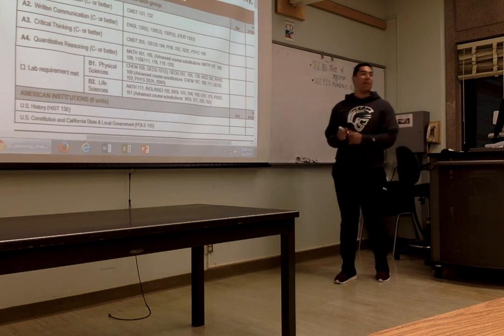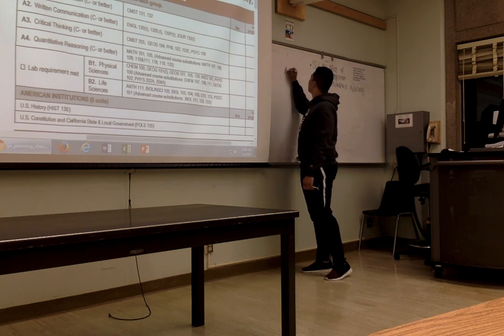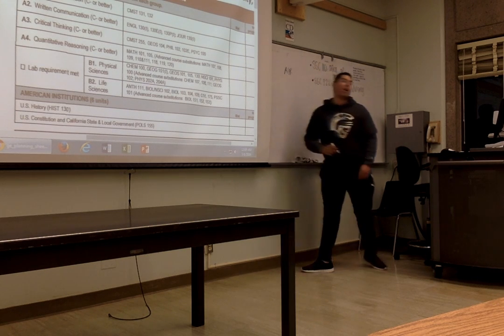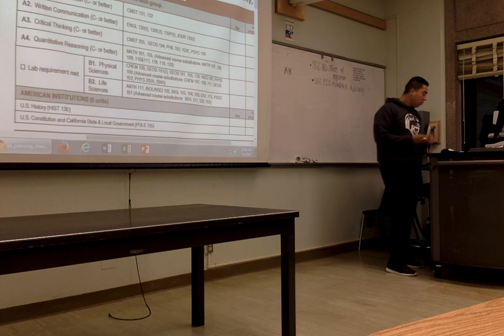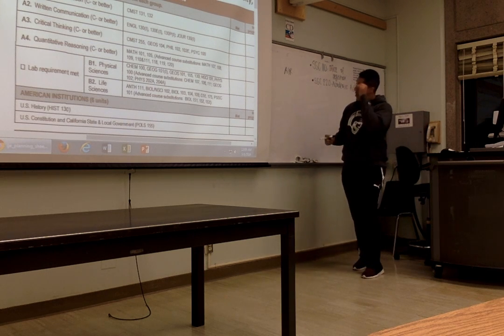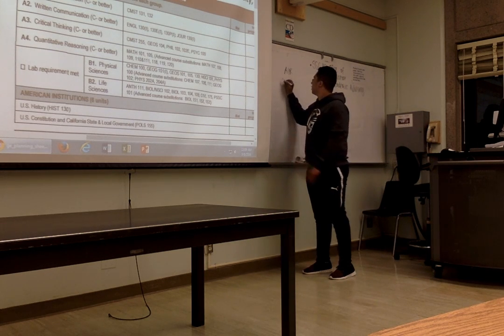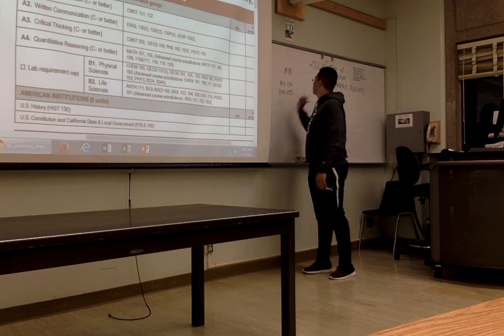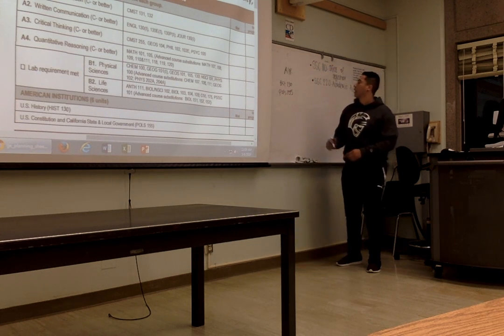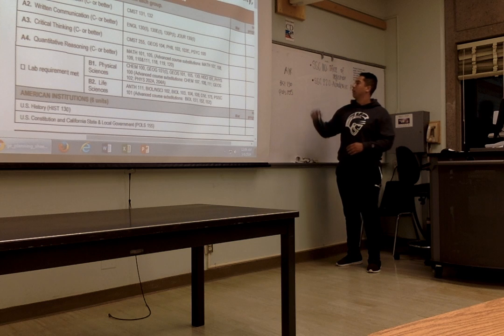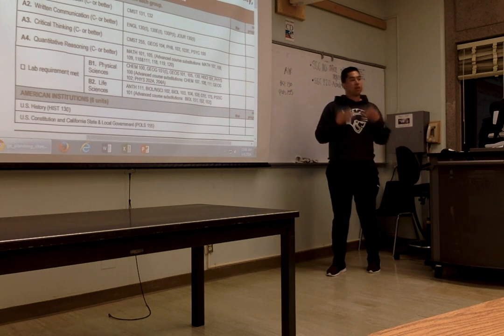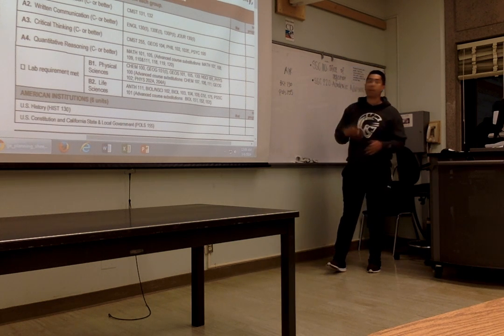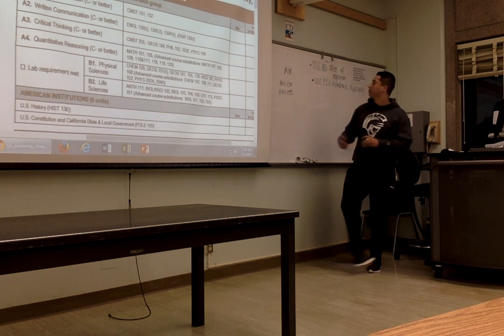Going on to your American institutions, our AIR. Like I was saying, graduation requirement number 6 is 2 classes, your History 130 and PolS 155. Like I said before, if you have AP, contact me after and I'll get that sorted out for you.